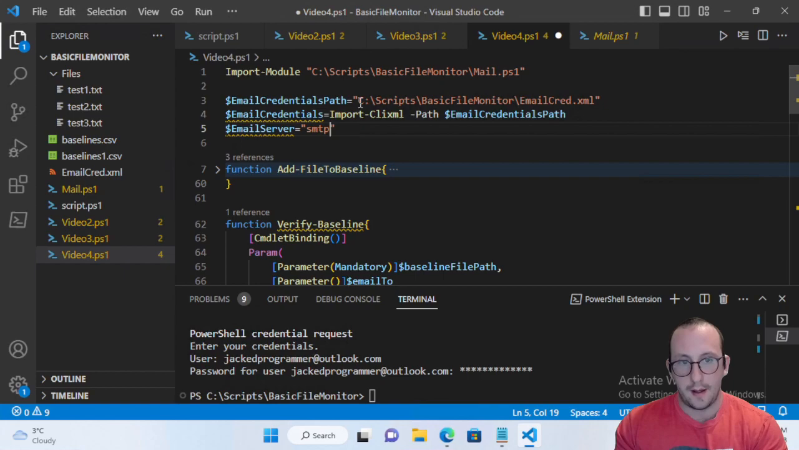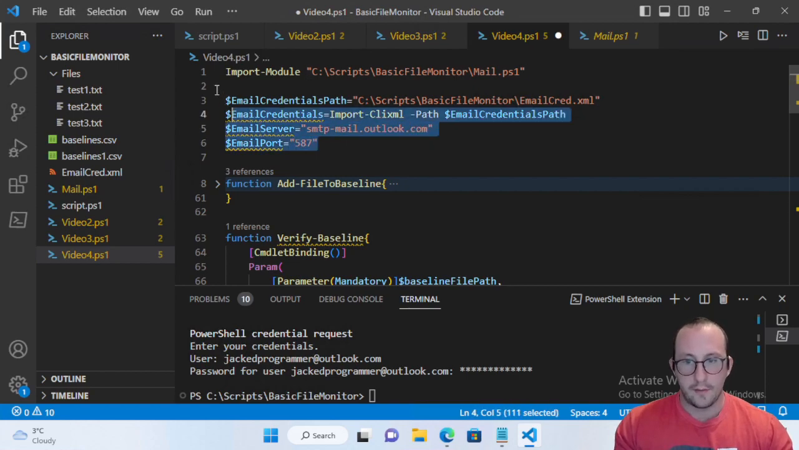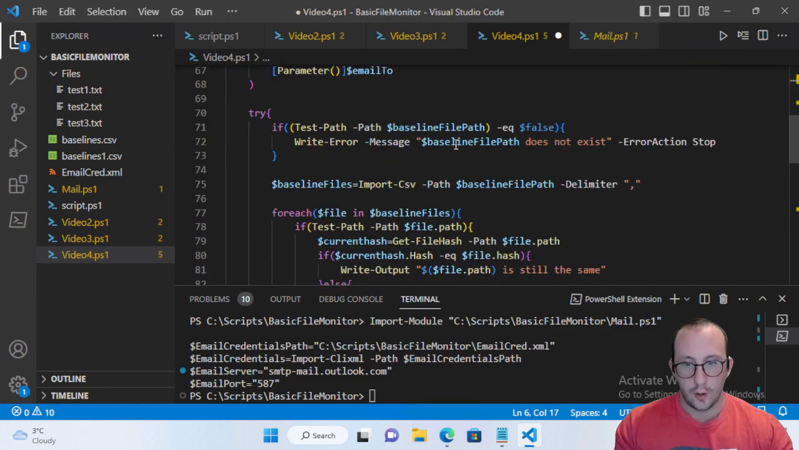So smtp-mail.outlook.com, and then an email port here. We are going to do that as 587. All right, so now that we have all of our email variables set here, all we need to do is